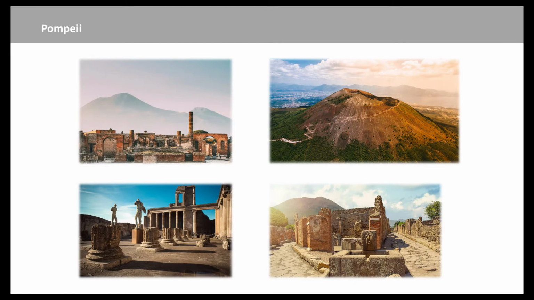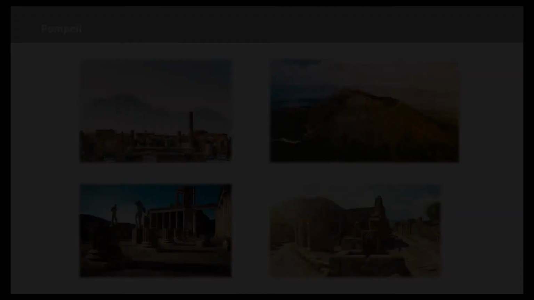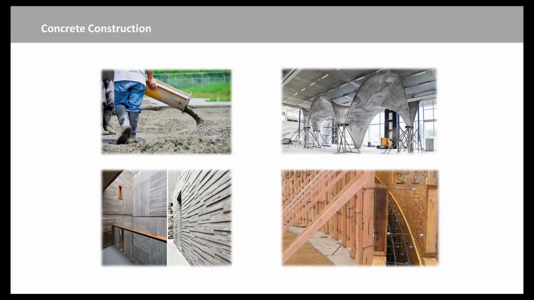Pozzolana being a volcanic substance, which was very plentiful in Italy, especially around the area of Pompeii. Concrete can be cast in any shape, at least any shape that a carpenter can build with wood, and like modern builders, the Romans erected wooden frames for their walls and ceilings, and they poured concrete into those wooden frames.